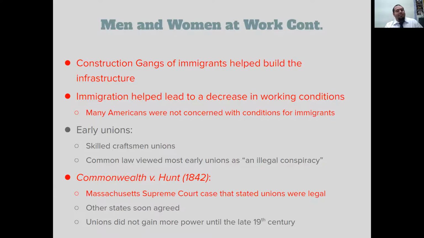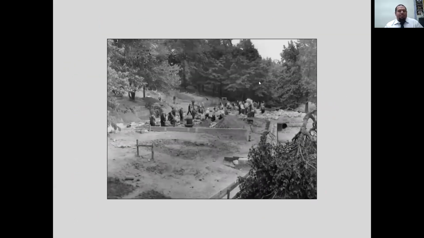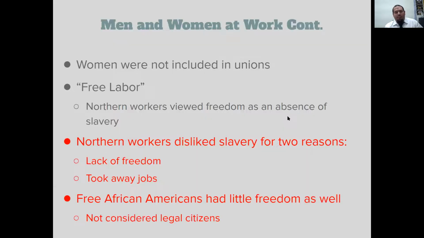And they were skilled craftsmen unions, and common law viewed the early unions as an illegal conspiracy. However, there's this famous court case in 1842 in Massachusetts, Commonwealth versus Hunt, where the Massachusetts Supreme Court ruled that unions were actually legal and they could use their striking ability to not work. Other states soon agreed, and unions, however, did not gain power until the late 19th century. So here's a construction gang building some railroads,